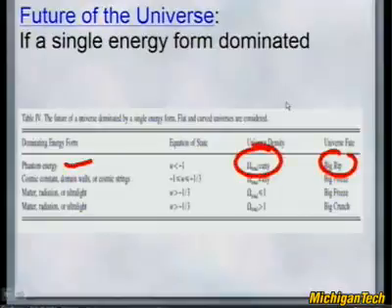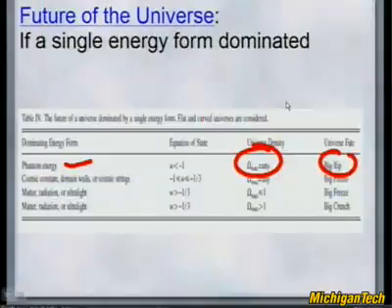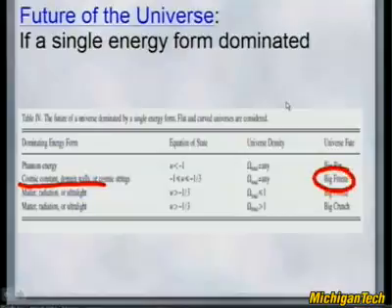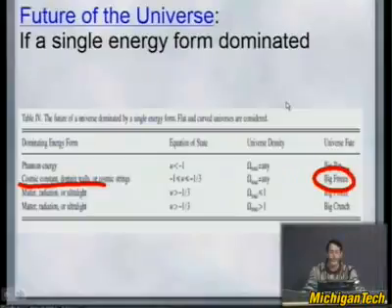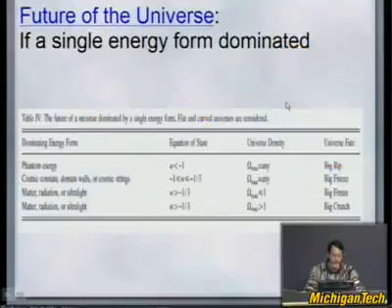It doesn't matter what the density is because a big rip, even if the phantom energy is really small today, will grow to dominate the universe and rip us apart in the future. If, however, we are dominated by a cosmological constant, the universe will probably end in what's called a big freeze. Everything will just go far, far apart, cool down to essentially nothing, and you will just have radiation floating about in the universe as even black holes eventually evaporate. That radiation will eventually become very long wavelength and you'd have nothing left.